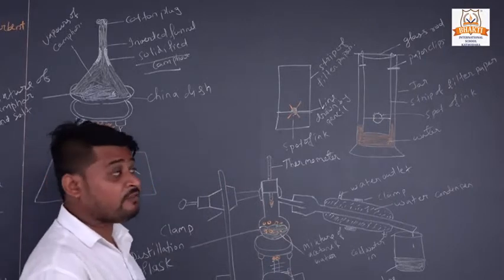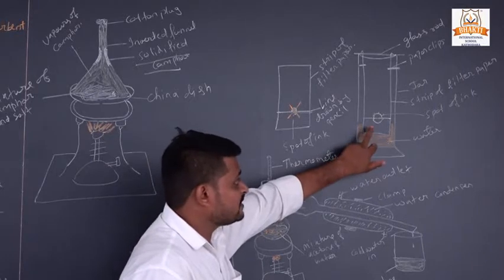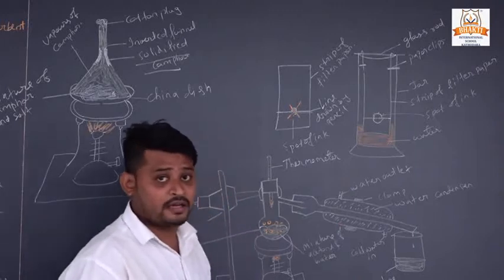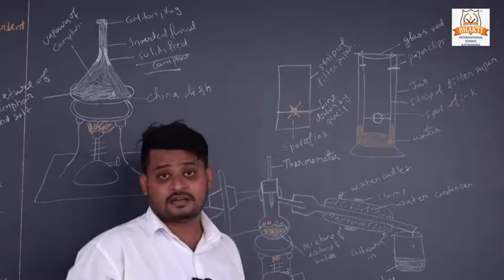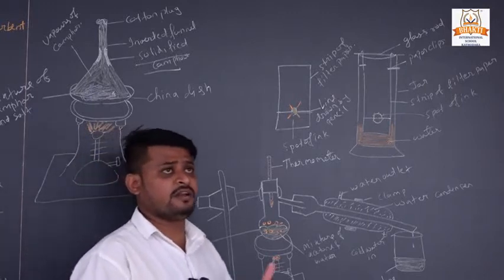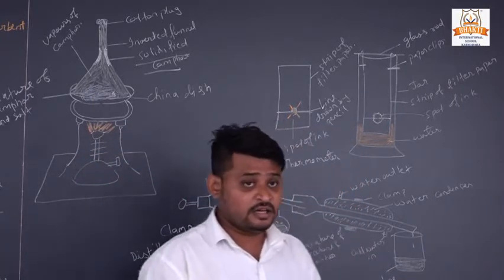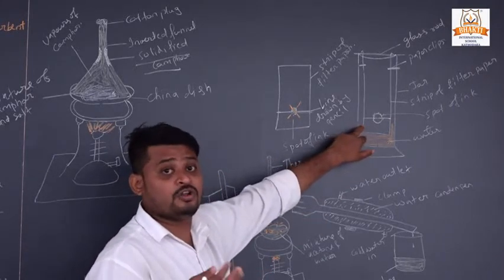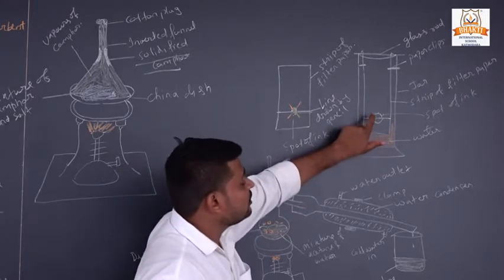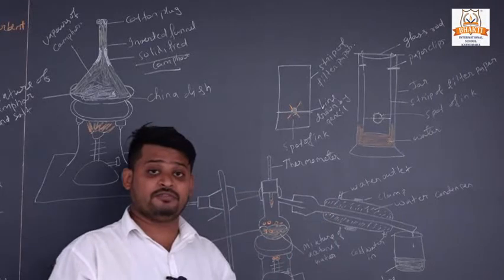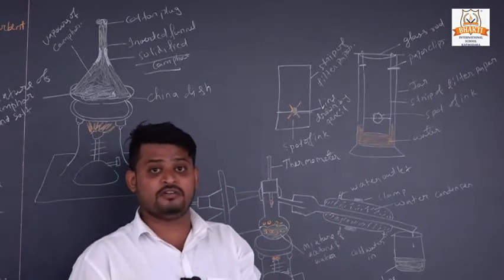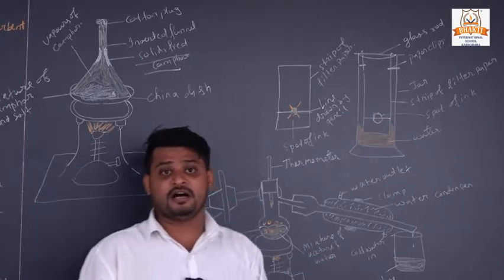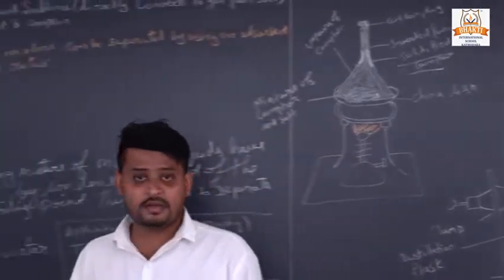After some time the water rises from bottom to top, and the dye, the ink, which contains many types of colors, rises with the water. The color that is more soluble in water rises with it to the top, and the color that does not dissolve easily remains there. Like this we separate the two colors by the chromatography method.